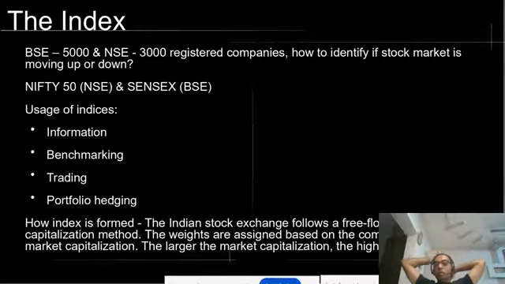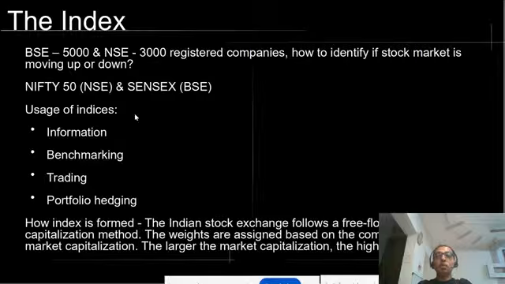So in India, there are two indices. One is called Nifty 50, which is from the National Stock Exchange, and another is Sensex. So you usually hear in the news or on the TV channels that Nifty has gone up or Sensex has gone up. These two are major indices. There are multiple different indices. As an example, there is a bank index, the Nifty Bank Index. There is a mid cap index. There is a small cap index. However, these two are the biggest indices, and usually a layman refers to Nifty 50 and Sensex as the index.